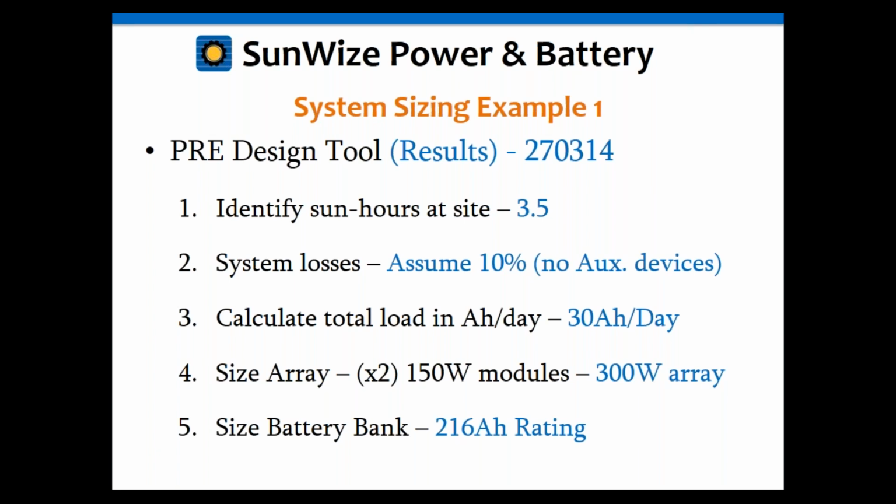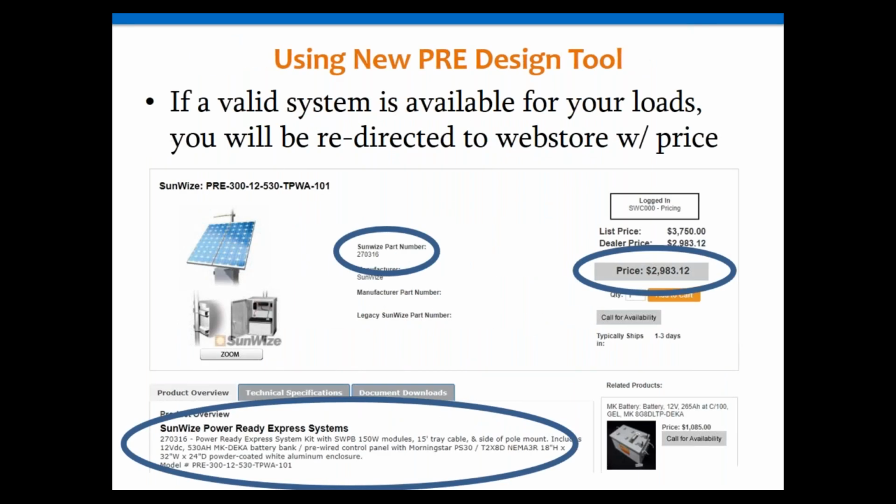So it's a little bit bigger, but you didn't have to spend time calculating it, and you've actually got the part number for a system that already exists. So the neat thing about, and here it is, here's the part number for you. So what that means is that you can actually, in a matter of 2 minutes, get yourself an actual cost for something. So if a customer calls you up with a load, based upon that information, you can very quickly give them a quote of how much it's going to cost for a solar system to support that